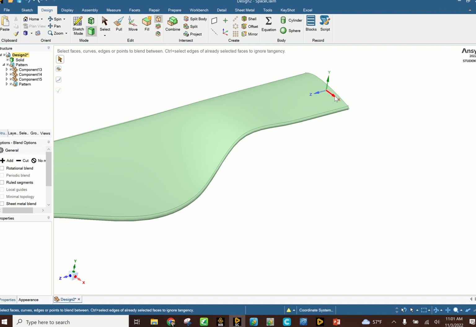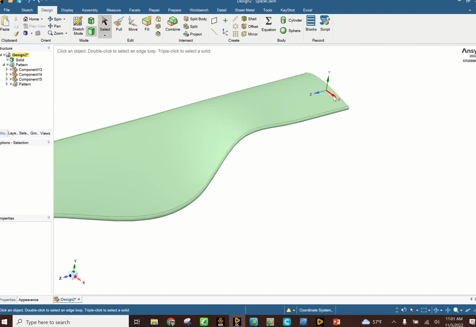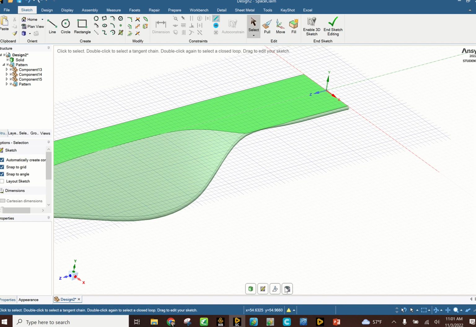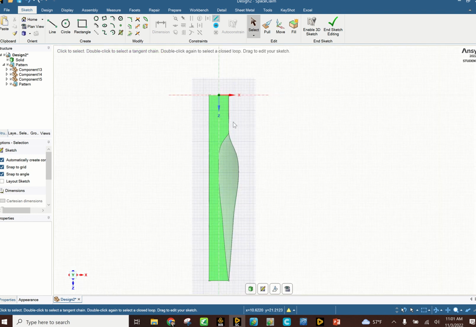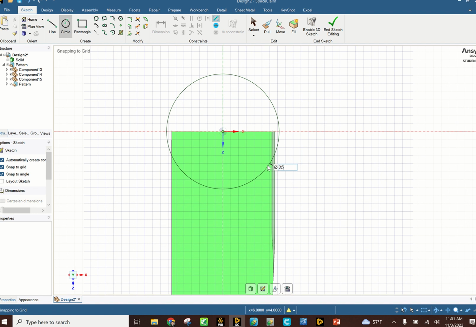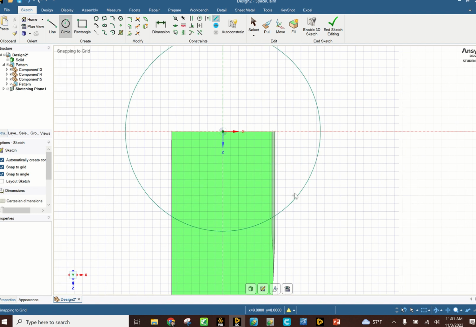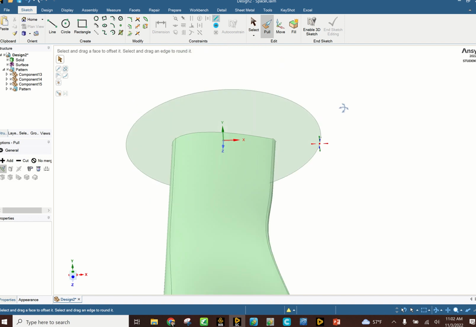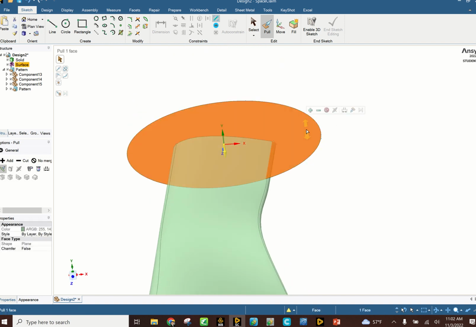Then we're going to hold select tool, hit the X and the Z, and then go into sketch mode. Then hit this plan view. And you're going to create a circle about this point to be 25 millimeters. Enter. Then hit the pull command. Move it a little. This in both directions to be